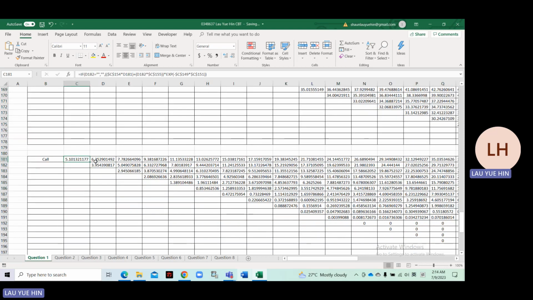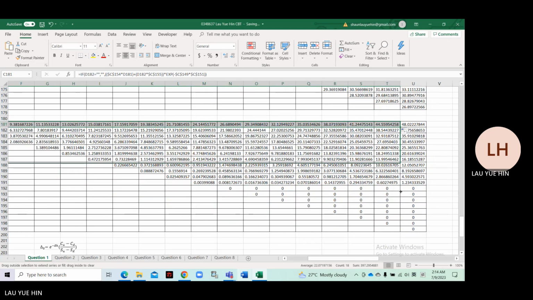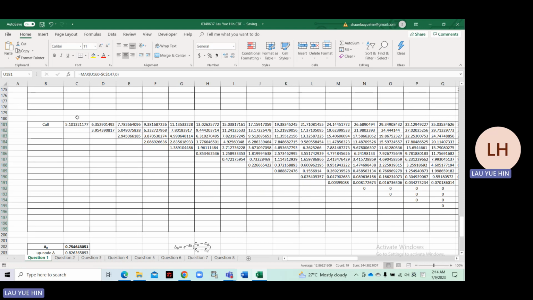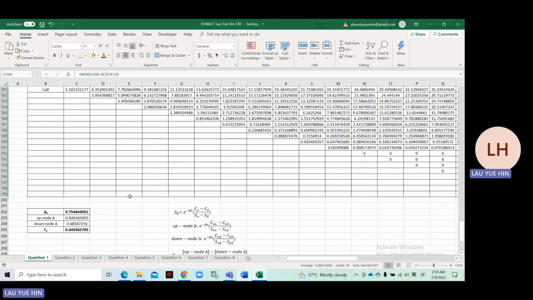And for the call option, it's basically the next value going upwards times P star plus the next value going downwards times 1 minus P star, times exponential minus R times H. So I'll drag everything until here as well. And this is a call option, so it's S0 minus K. I drag everything down here. So I construct a call option binomial tree so that I can find